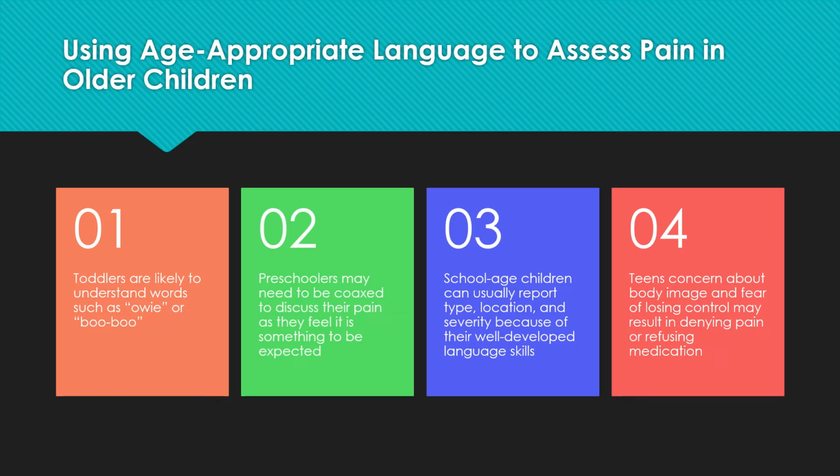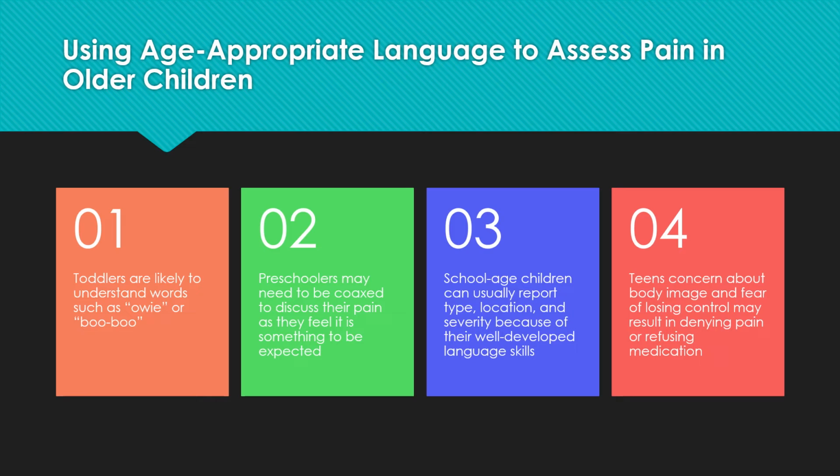So they may try to escape, right? They may try to run out of the room into the bathroom, or in the hospital to go to the bathroom, to the playroom, because they're trying to not talk about their pain, right? Preschoolers are magical thinkers. They may believe that this pain is a punishment for misbehaving, or maybe having any bad thoughts. So making sure that we're coaxing them, like making them think it's okay that you're uncomfortable, it's okay that you have pain, we just need to talk about where it's located.